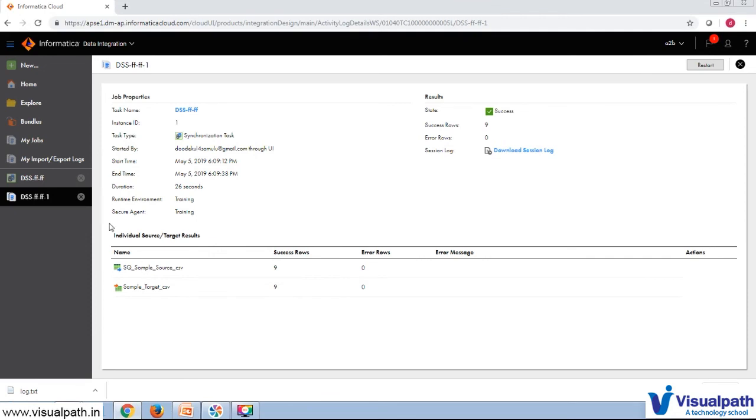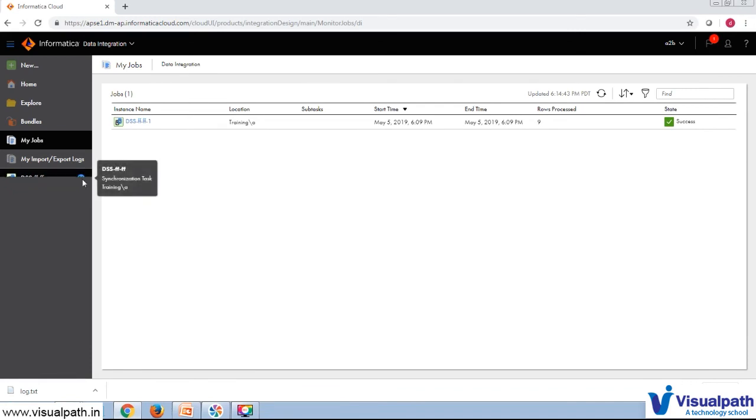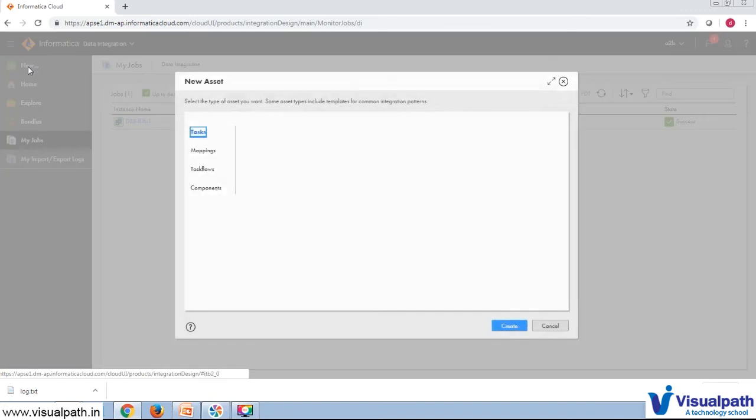So now I'm going to create one more fresh data synchronization task where we are going to apply the filters and do some expressions.